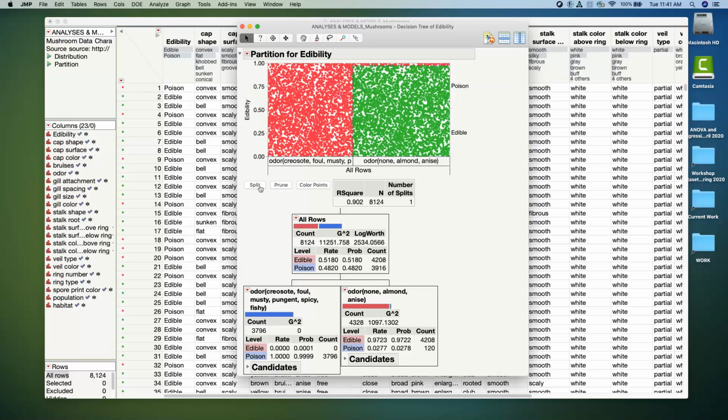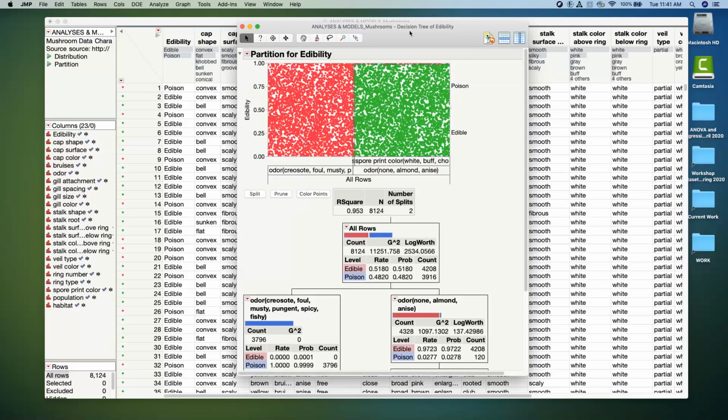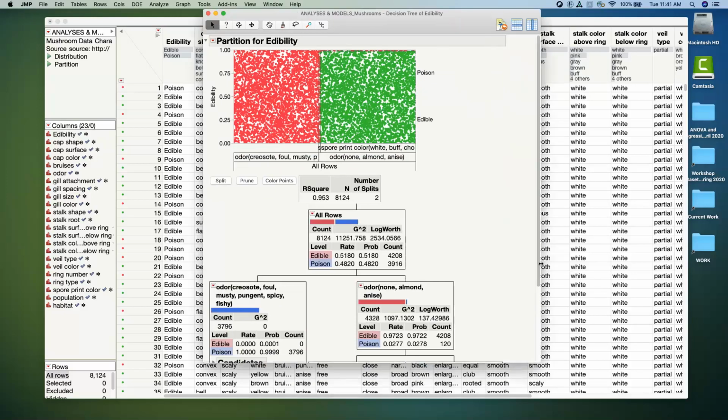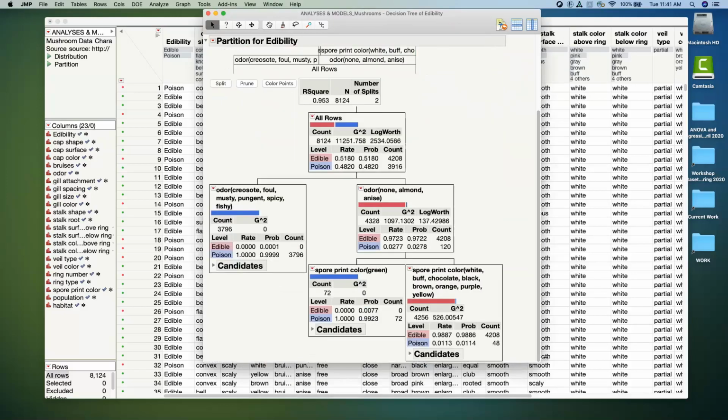I'm going to hit split one more time. Okay. And when I do that, I have to scroll down so you can see it. So it's taken the 4,328 mushrooms that have this non-almond or anise odor, and the next variable it's found, again, searching through all these